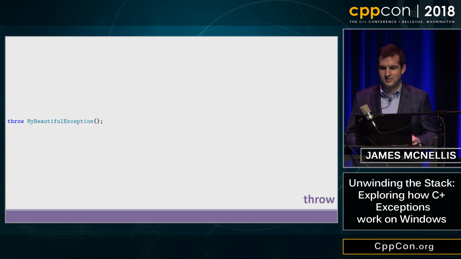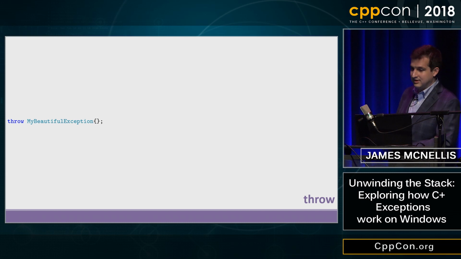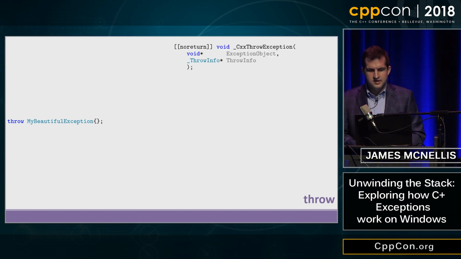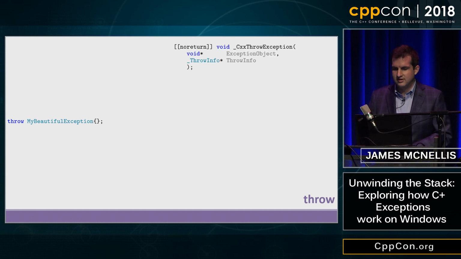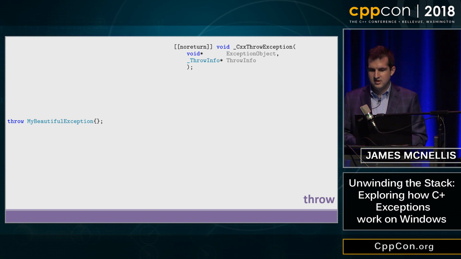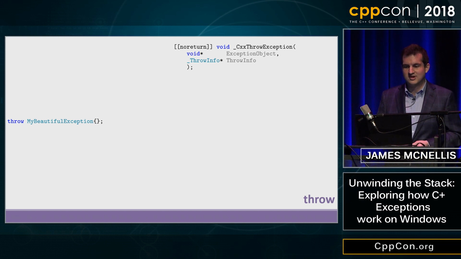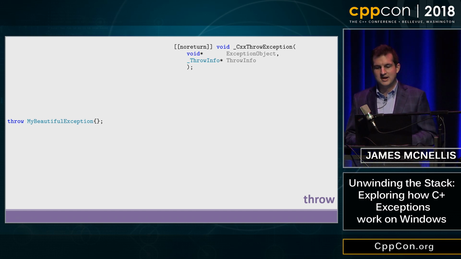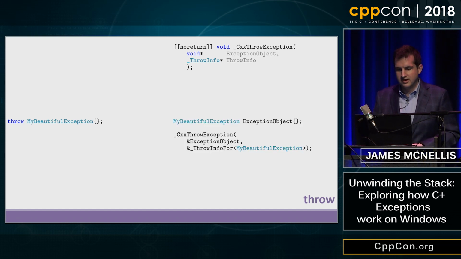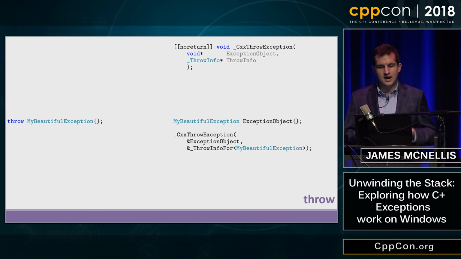Let's say, for example, that I want to throw an exception of type myBeautifulException. So there's a runtime library function called CXXThrowException, which is responsible for throwing C++ exceptions. Fancy that, it's actually well named. It takes a pointer to the object to be thrown, and then a pointer to some metadata describing the object's type. So when we have a throw expression in our code, the compiler first constructs the object to be thrown